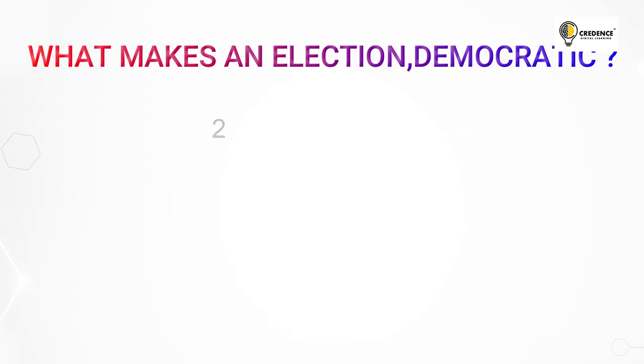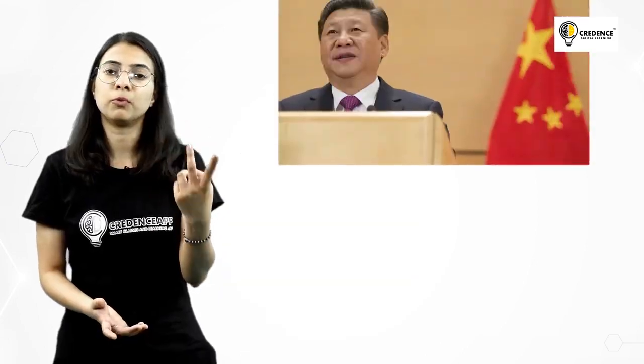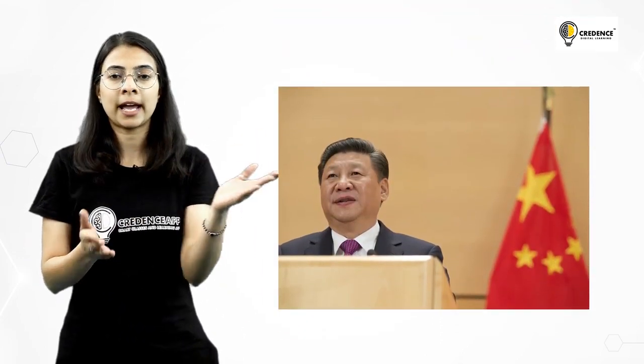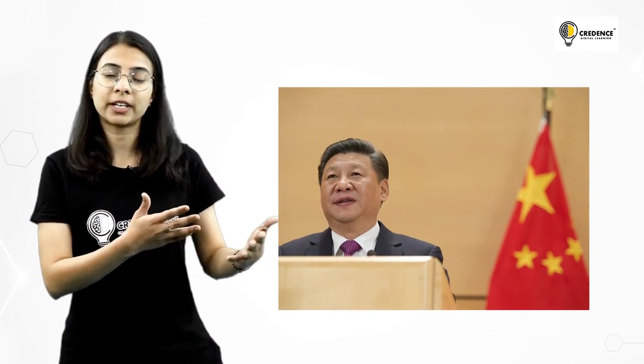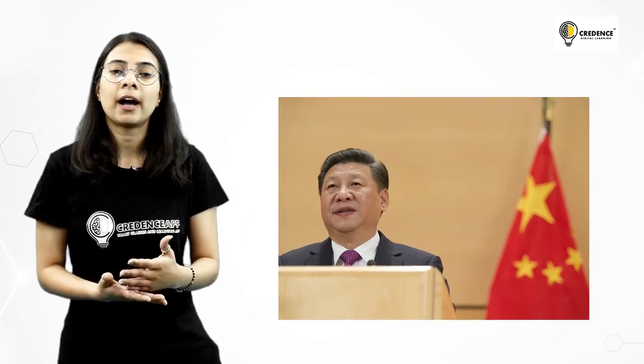The second one is they should have real choices. What do we mean by real choices? For example, consider China: though China says that it is a democratic country, the voters over there do not have real choices. There is only one representative from the one party, so there is no option at all, right? If it were an MCQ and there was only one option, is that any sort of MCQ? There are no multiple choices for the voters as well. So this is how one should have real choices in elections.